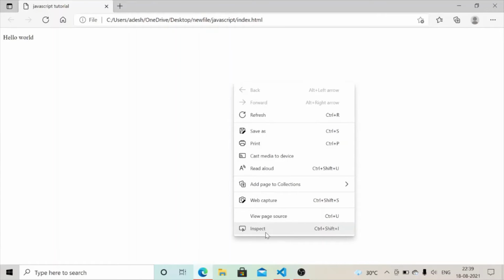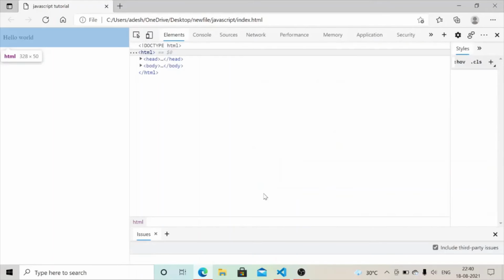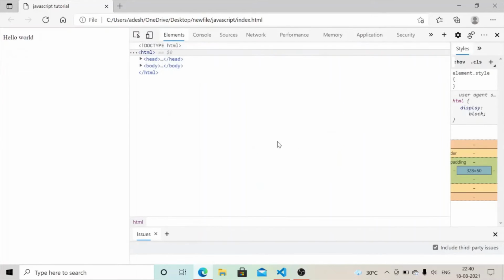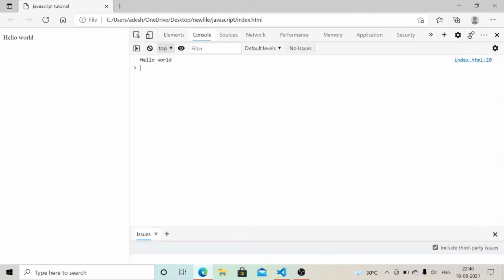Now open your web console. For that you have to right click on your web page and select the last option, inspect. You can also use the keyboard shortcut Ctrl plus Shift plus I, and when you click this, you find this type of interface on your screen, and click this console, and here you find the hello world.